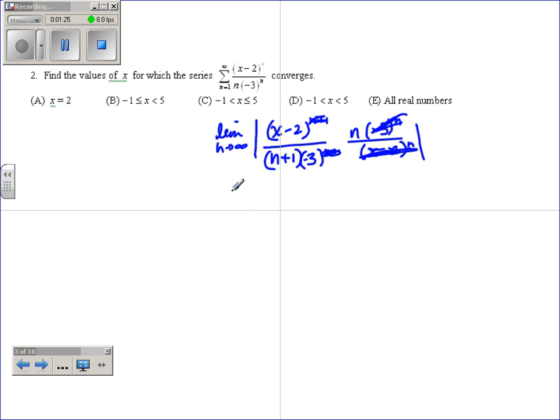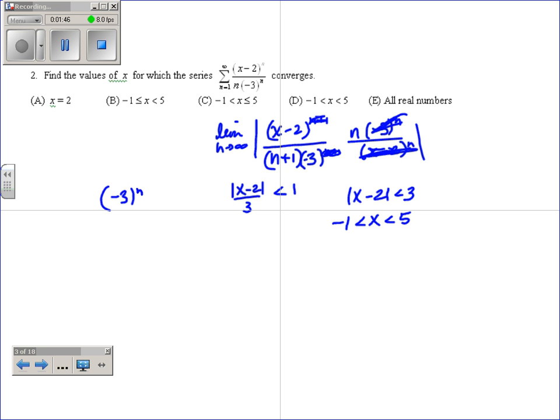And so the absolute value of x minus 2 over 3 needs to be less than 1, so x minus 2 needs to be less than 3. So that means x will be between, add 2 and subtract 2, so add 2 to 3 and get 5, and negative 1. When you test the endpoints, if you plug in negative 1, you would have negative